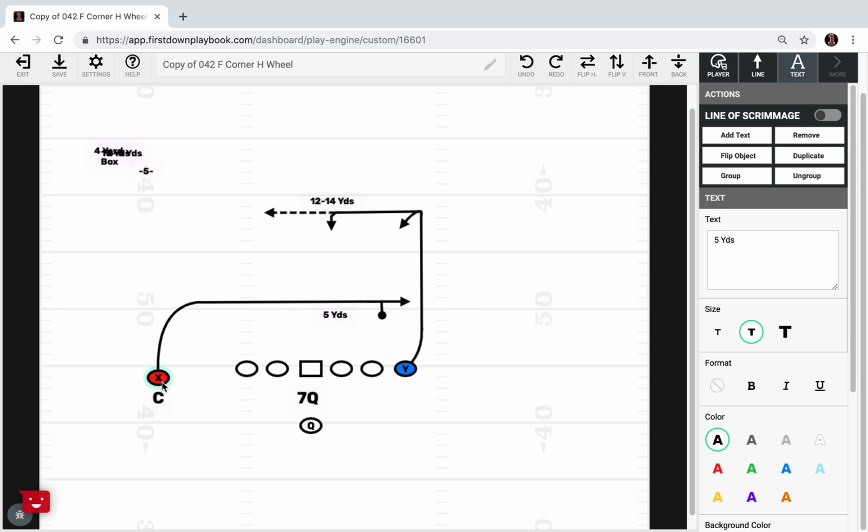If it's zone coverage and no one is on him, he should be able to see this zone defender over here, this Sam backer, maybe a nickel Sam or whatever. If his eyes are on the defender, then that tells the quarterback, I see the defender over there. I'm going to set up in the first open zone right here, and I'm going to set it down. And the quarterback is going to put the ball on that X, all right, on the shoulder away from the